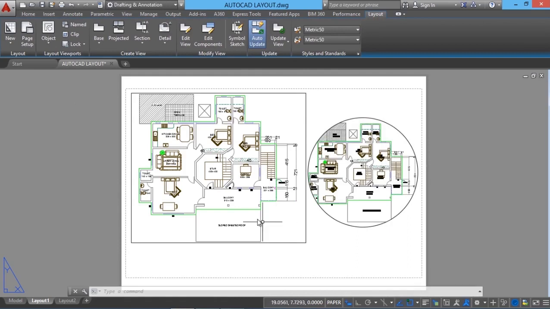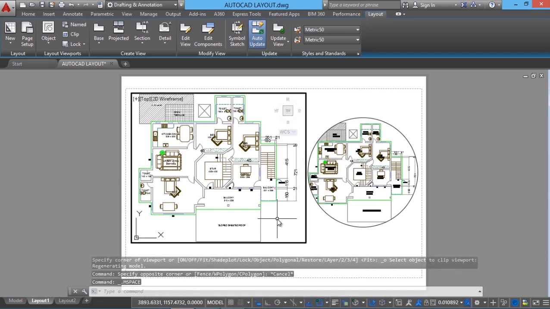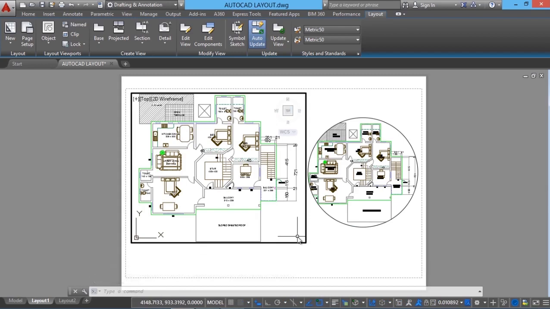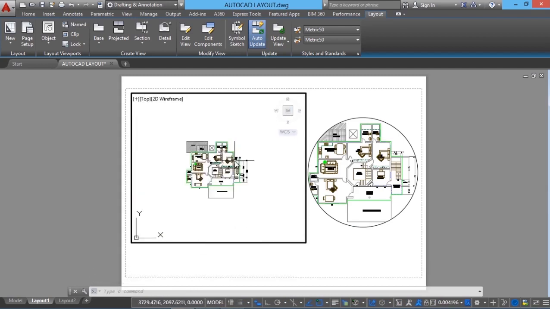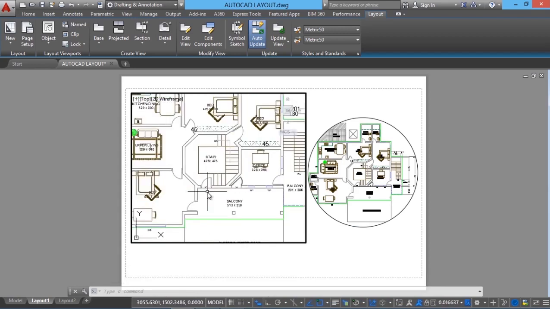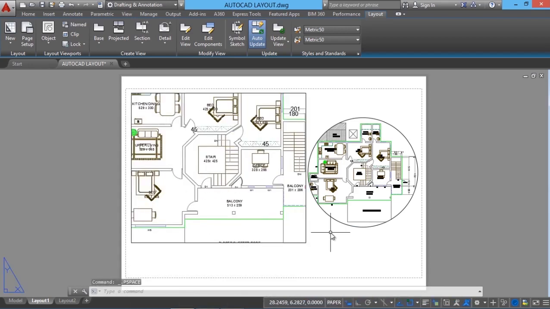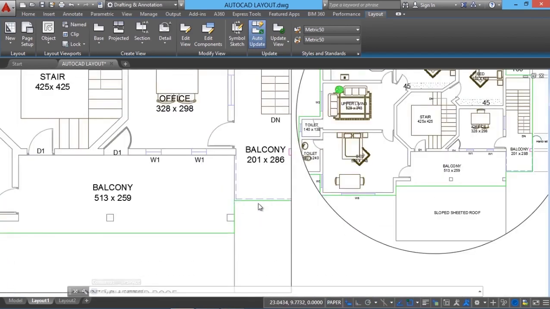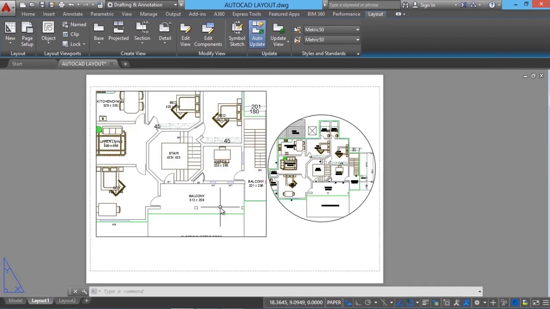Next, I'll specify different scales in individual viewports. For that, you have to activate this viewport. And how will you activate a viewport? You can double click inside the viewport. Now the viewport border got thickened or darkened. Now when you zoom in, you're just zooming in and zooming out the drawing inside the viewport. But if you double click outside the paper, then you'll be working on the paper. Now if you zoom in, you will be zooming in and zooming out the paper, not the drawing inside the